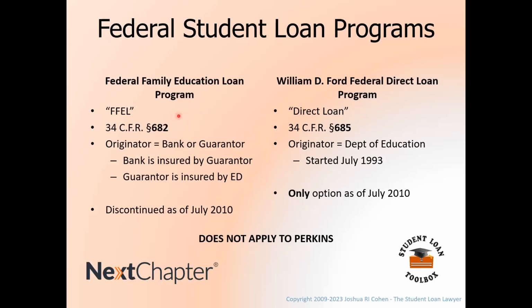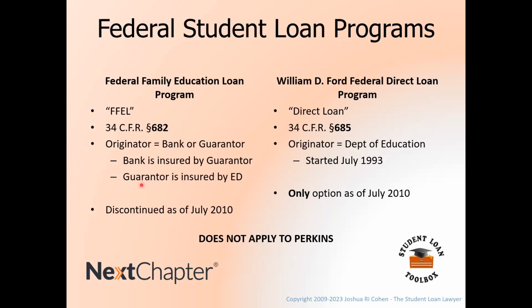That's much like the Federal Family Education Loan Program, or FFEL. Okay, this is governed by 34 CFR section 682. Under this program, the loan was originated by a bank or a guarantee agency. The bank is insured by the guarantee agency, that's what exists. The guarantee agency is insured by the Department of Ed. If the loan defaults, the note transfers from the bank to the guarantee agency. The guarantee agency actually has all of the remedies available